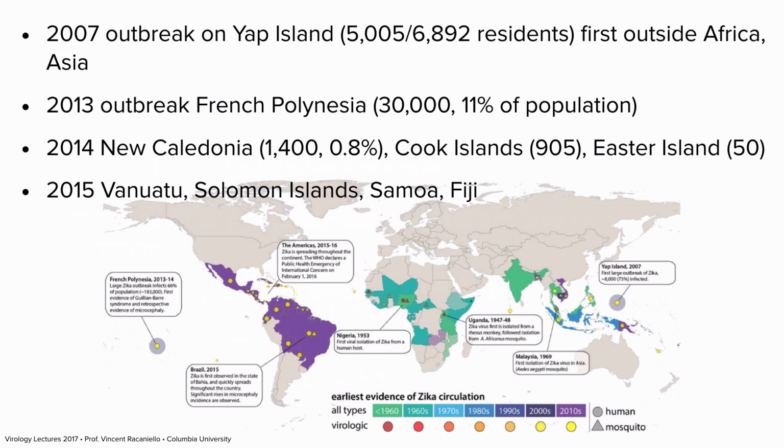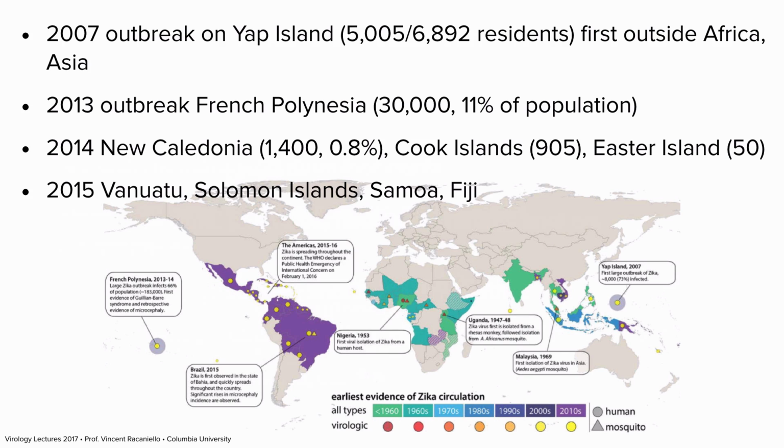So that's summarized on this graph. This is a lovely graph with colors that indicate the earliest evidence of Zika circulation by virology or by serology. So you can see the colors correspond to when the virus was detected. You can see the virus is slowly moving from Africa, throughout Africa, moves into Asia and so forth. And then, of course, nothing serious for 50 years, but in